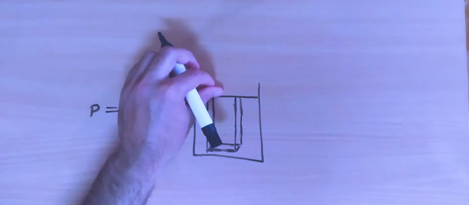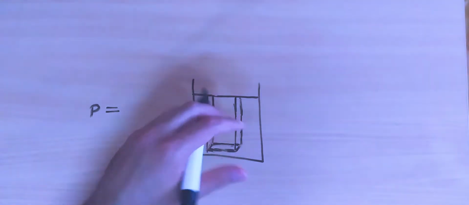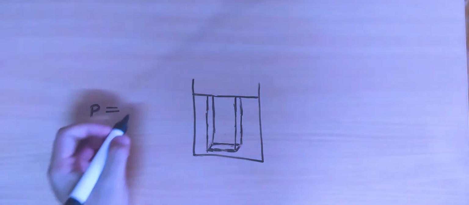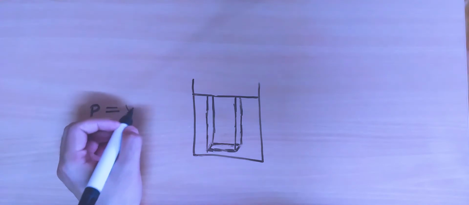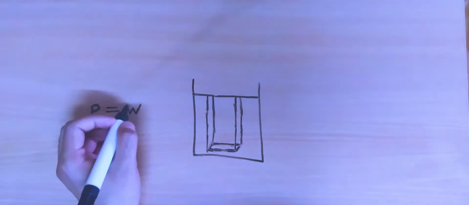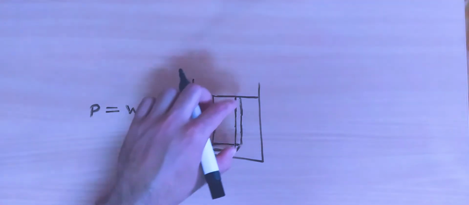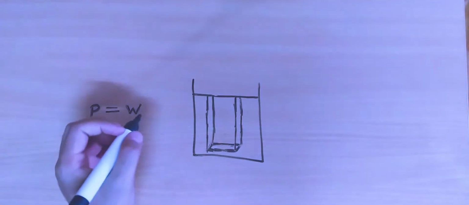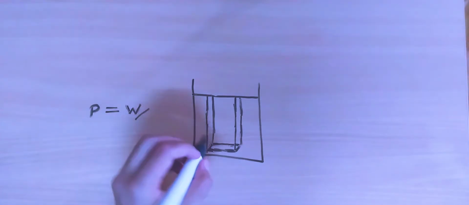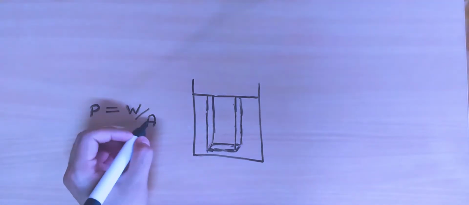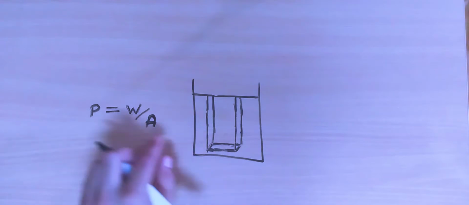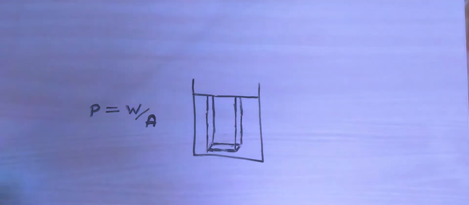Well, that would be the weight of this water, which is the force that exerts downwards. So weight, let that be W. So the weight of this water inside this column here, divided by the area that we've chosen. Let's say that area is A, so it would be simply W upon A.